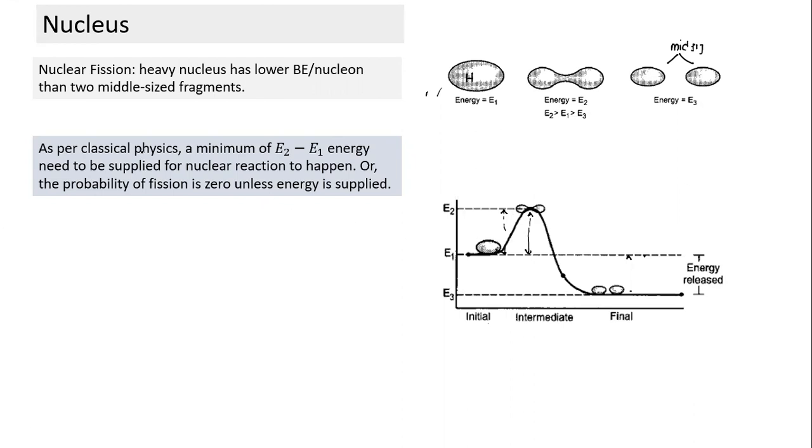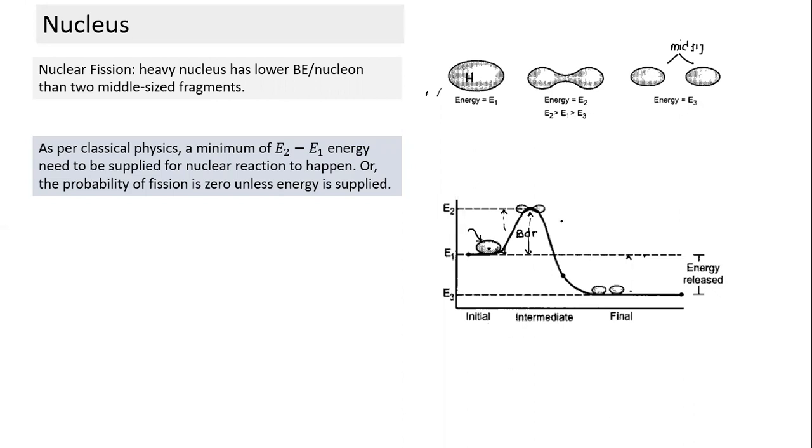And as per classical mechanics, suppose this is the mechanism here. What is necessary to make it move from here to here? You can think of it like a slope, just like a slide. If the slide is like this, and the object is here, unless we give a required amount of energy, there's absolutely no way it can move from this side to this side. And this we can call a kind of barrier. We call it an energy barrier.